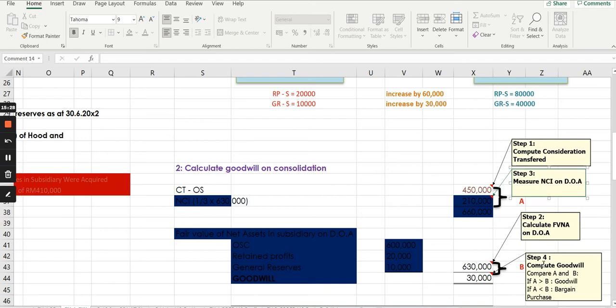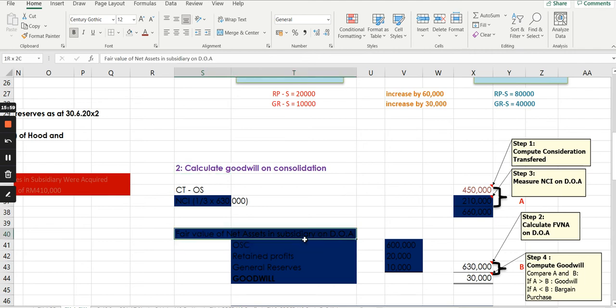You can see that you need to go and calculate the fair value of net asset on the date of acquisition. In our focus, our calculation of goodwill is using the partial goodwill method. So we are calculating the fair value of net asset. What is fair value of net asset? It is the equity balances available on the date of acquisition. Equity means it is actually the share capital and reserve. It can also be asset minus liabilities. However, asset minus liability, they are equity. So you will calculate this fair value of net asset